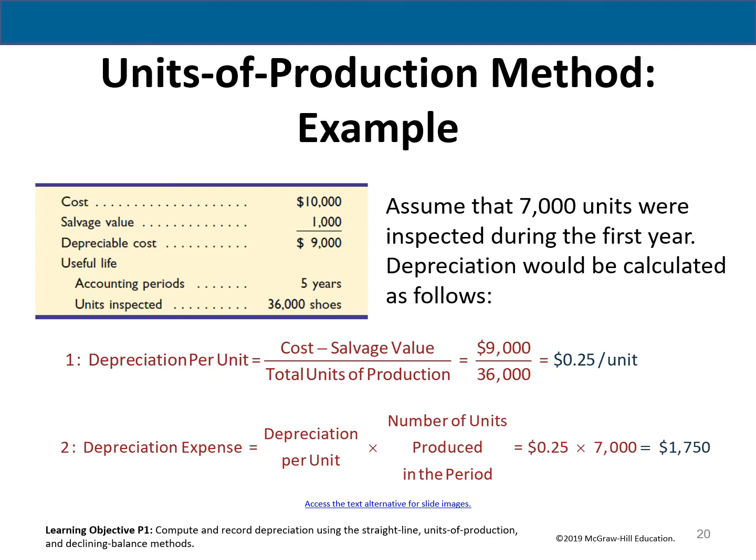So each time a pair of shoes is made, this depreciates or should be expensed 25 cents. Now we need to track how many shoes were made in the first year: 7,000. So you would need to know that. Take the 25 cents you just calculated times the actual shoes made, 7,000, and that's the amount of depreciation expense